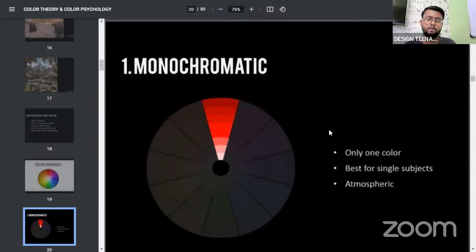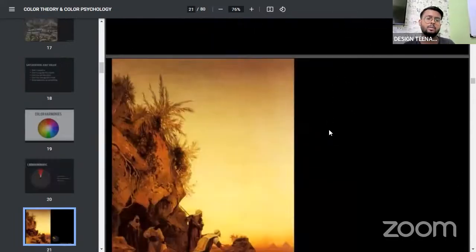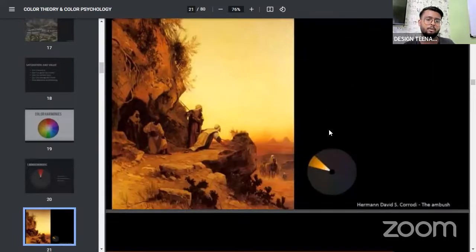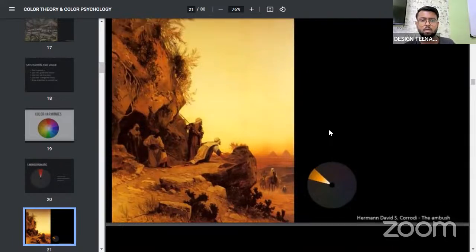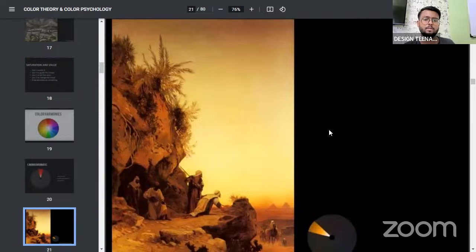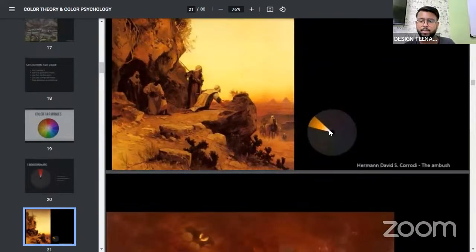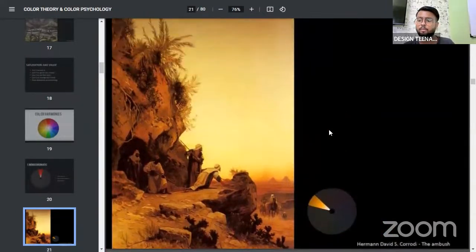Atmospheric, we will go through some compositions and see how they are made, or what we are seeing in them. Over here we have Herman David Ascordes, the Ambush. So this is a picture made by him. For every picture you will get the person who made it and the name of the composition wherever it exists. If something is normal and not that prominent, you will not get it. Over here, it's completely made out of the different tints and shades of yellow that we can obtain.